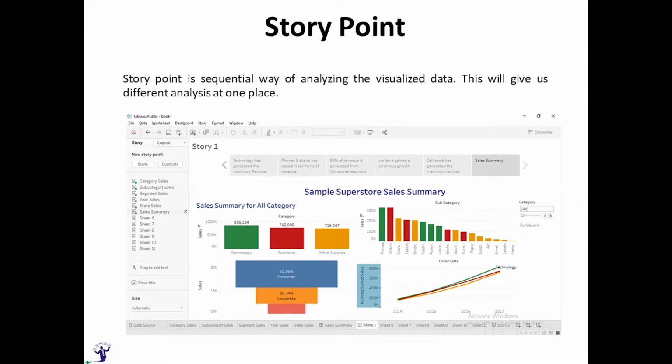And if you wanted to present it to someone, you cannot give a bundle of paper. What you will be doing is making a spiral binding of it, or putting it into a file. Agree? Yes. Same goes with the story. Story, as the definition says, is a series of worksheets and dashboards. So let's see how to create a story.